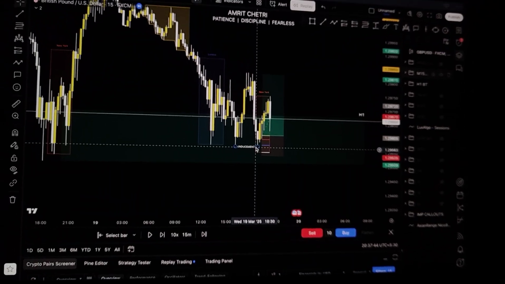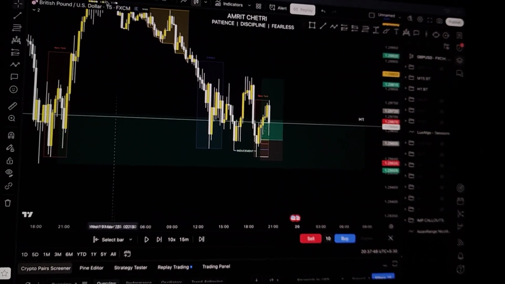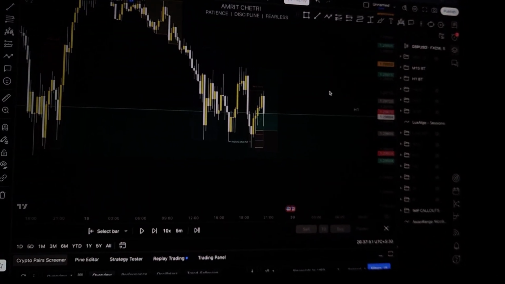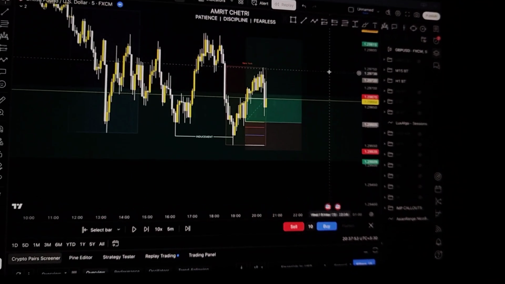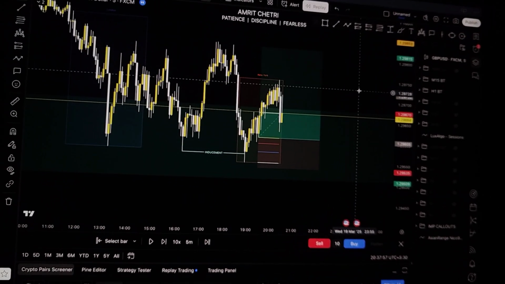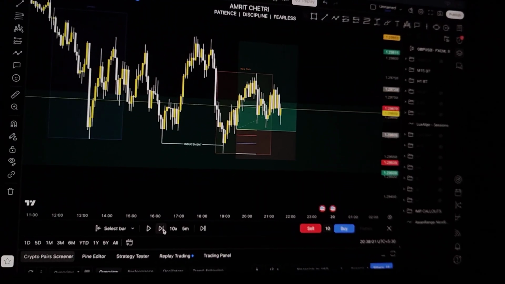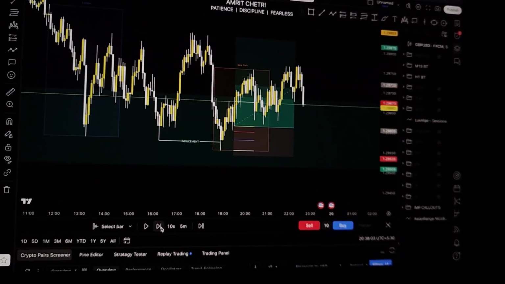So much of liquidity got swept. Due to my knowledge in the markets, I know that so much of liquidity got swept here, so much of buyers got out here. Whenever the buyers are getting out, whenever someone is losing, that is when you want to enter. Trust me, in the markets, whenever someone is losing money, that is when you want to enter, because for you to win money, someone has to lose, right? So that's what the game is right here.